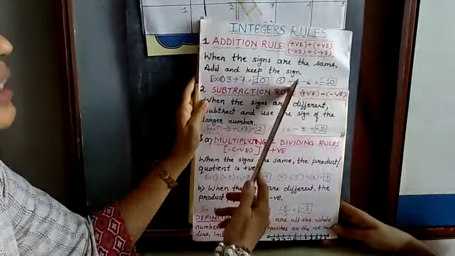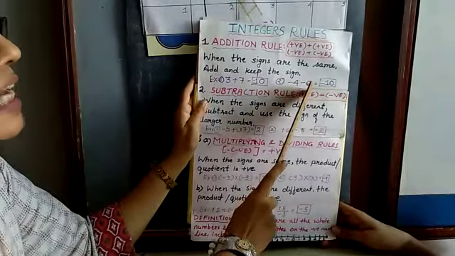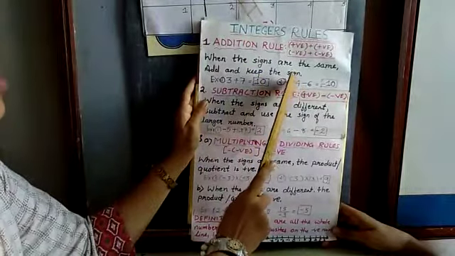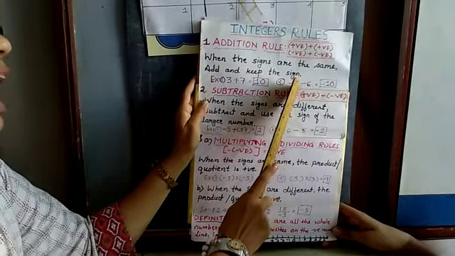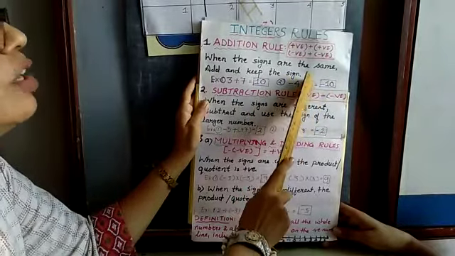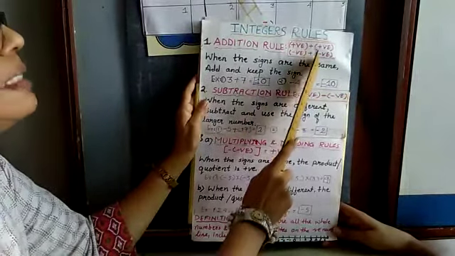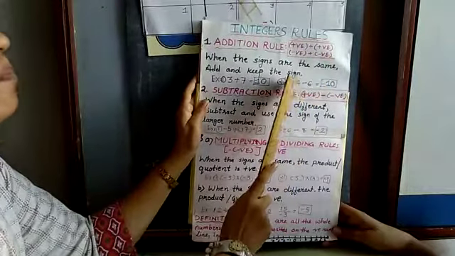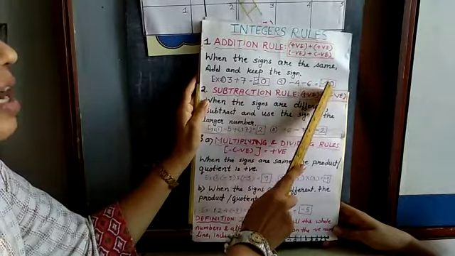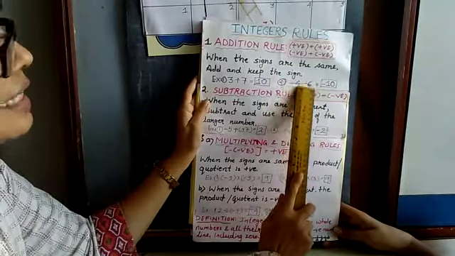Let us see another example. Here minus 4 and minus 6. So minus plus minus, you have to do the addition of 4 and 6, that means 10. But you have to put the sign of the bigger number. Which is the bigger number? 6. So the sign is minus 6, so here minus 10. Understood? So here plus 10 and here minus 10. It differs depending on the example.